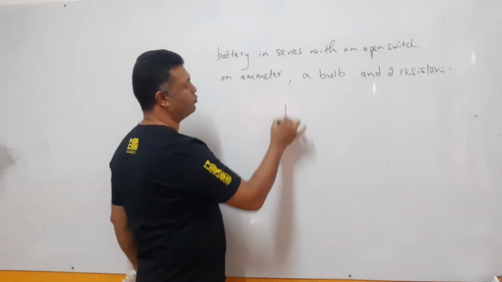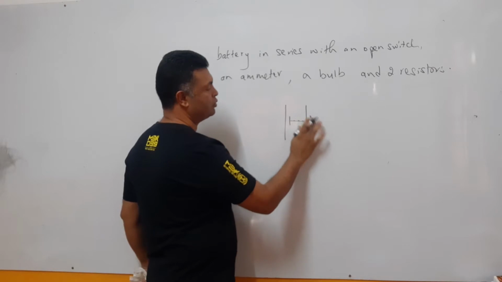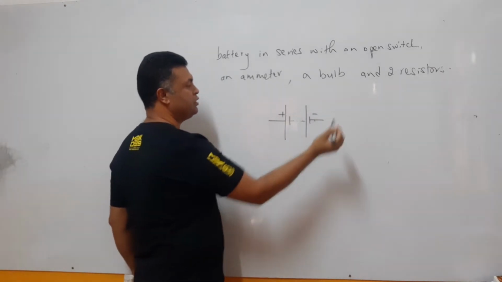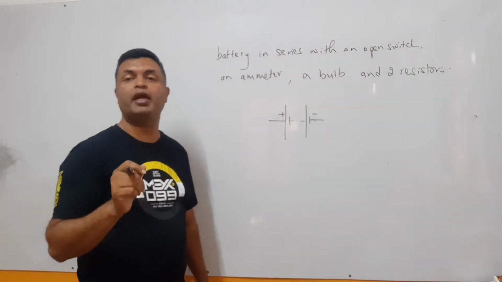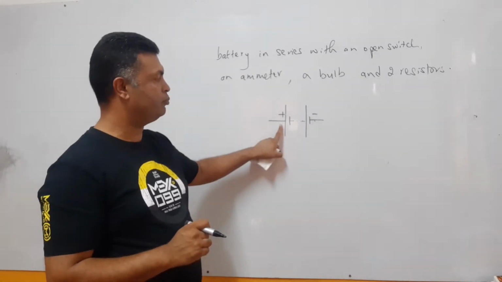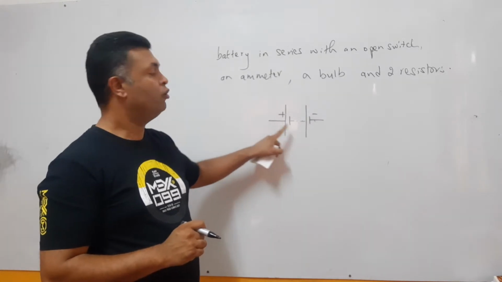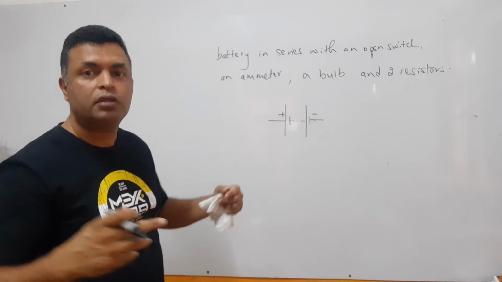I start with the battery, or simply a line here, it's okay. Or dot, dot, dot. This is the positive, this is the negative terminal. This is the difference between a battery and a cell. You should be very careful. What is the difference between a cell and a battery? A cell has only one positive, one negative. Two bars for one positive, one negative. For a battery, you have dot, dot, dot, or simply a straight line here, showing you have several cells compacted together